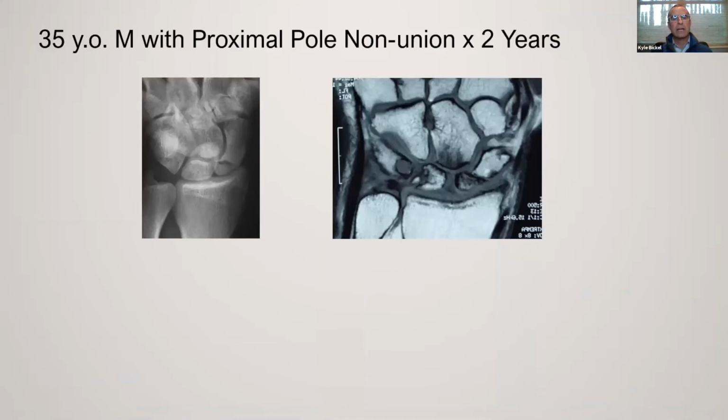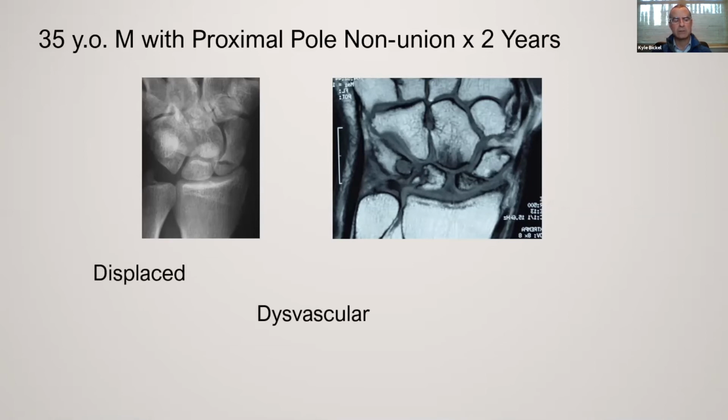So let's go into a case so I can illustrate this. This is a problematic case that we've all seen before. This is a 35-year-old man with a proximal pole non-union for 2 years. So this exceeds the typical 3 to 6 months when you think you might just be able to align this and maybe put a little graft in and put a screw in. You can see well-defined vascular change compared to the other bones in the proximal pole and significant displacement, and it's a very small fragment. So the criteria that we see are displaced, it's somewhat dysvascular,